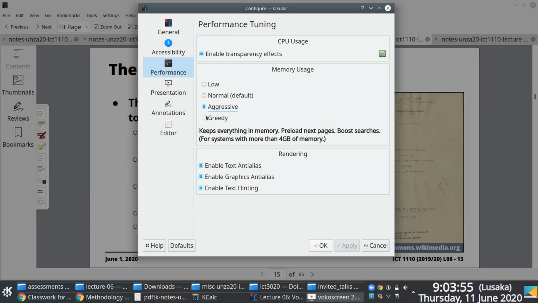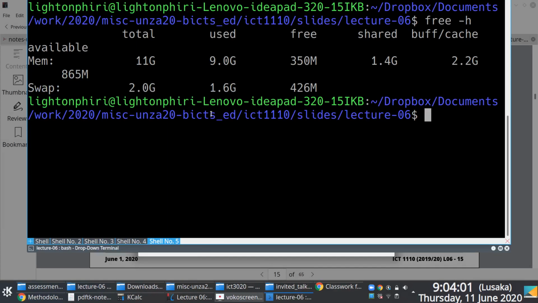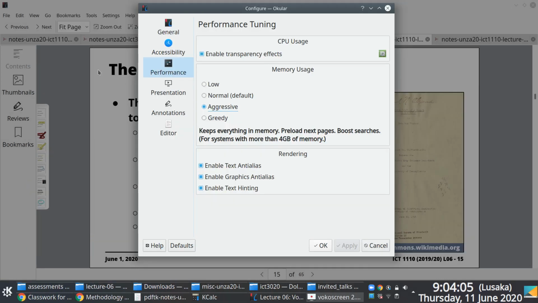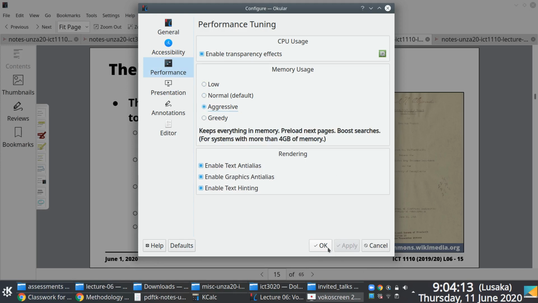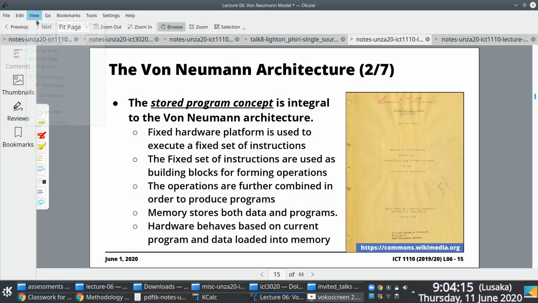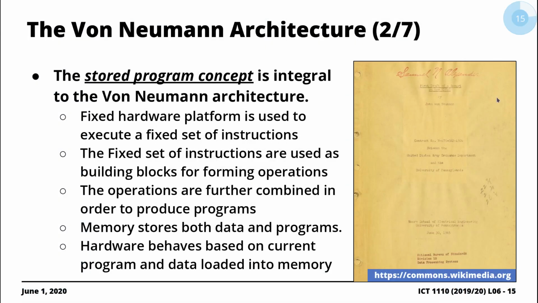But in the event that you have an application that has relatively smaller RAM in comparison to what I have right now, maybe you'd go for this option so that you use up as little RAM as you possibly can. But anyways, I digress. The key things associated with the stored program concept here are very important things: a fixed set